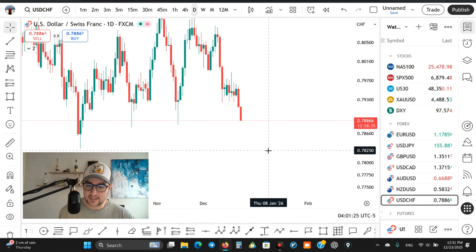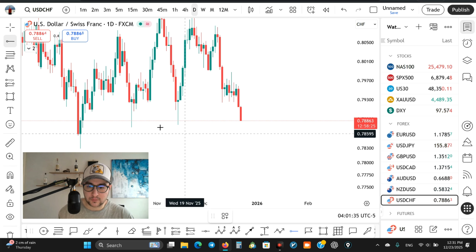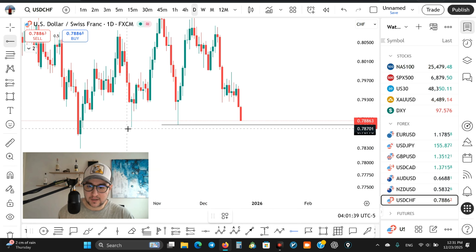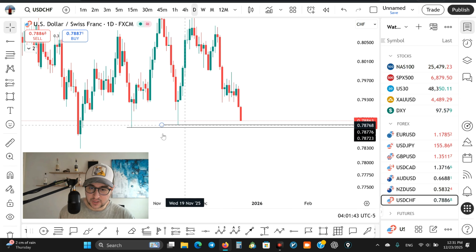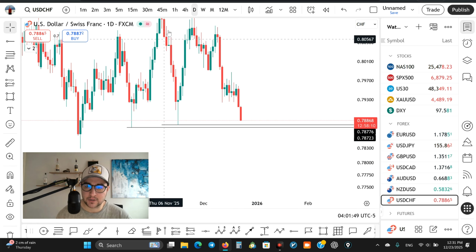On USDCHF, as you can see here, the previous day's candles closed red and below these candles. It means that for today we are bearish and we should wait until price comes to these levels. This is the first level and this is the second level. The price likes to come to this area. I think that in the New York session we can have some manipulation on the